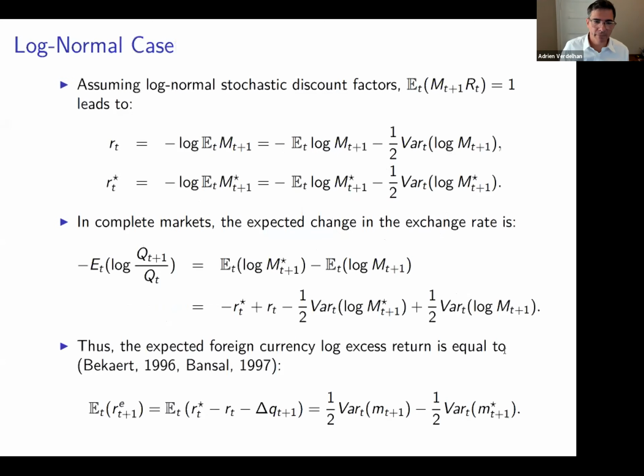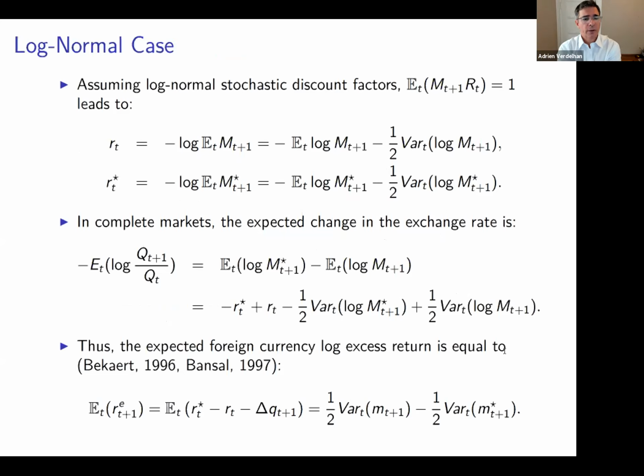Okay. Now, there's a very cute result that goes back to Backus in 96 and Bansal in 97. But you get it in 2 lines of math by adding one assumption. And this assumption is that the world is log normal. So, okay, we made 2 assumptions at this point. Markets are complete and the world is log normal. Those 2 assumptions are, again, wrong, but they give us an easy way to think about exchange rates.